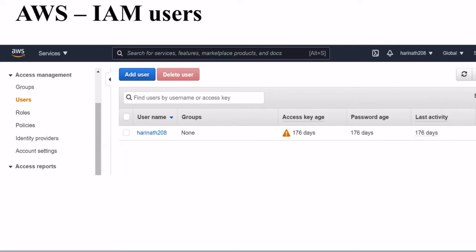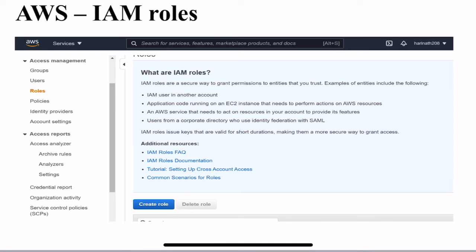We can also give the username, password, and we can also assign the roles for the user. So in coming section, we can come to know that how to create the roles. So that roles we will assign for the users. Just from the left hand side, click on roles. We will go to the role section.